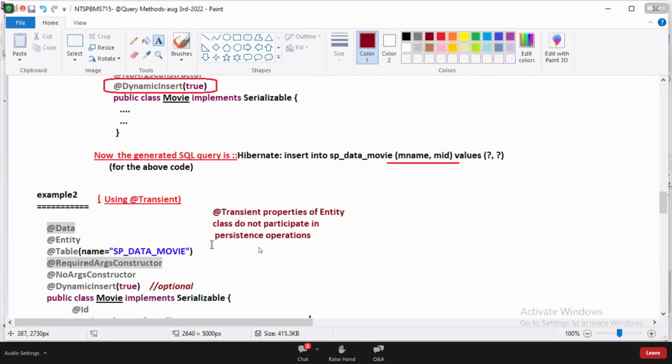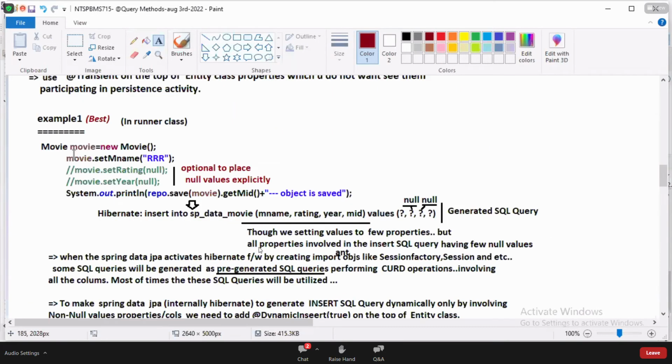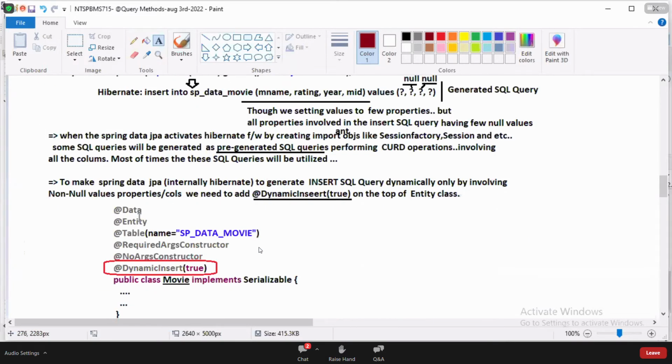That's why out of these two approaches, what's the best approach, guys? Example one is the best approach. Example one means we are putting null values. If you want, you may improvise by going with dynamic insert is equal to true.